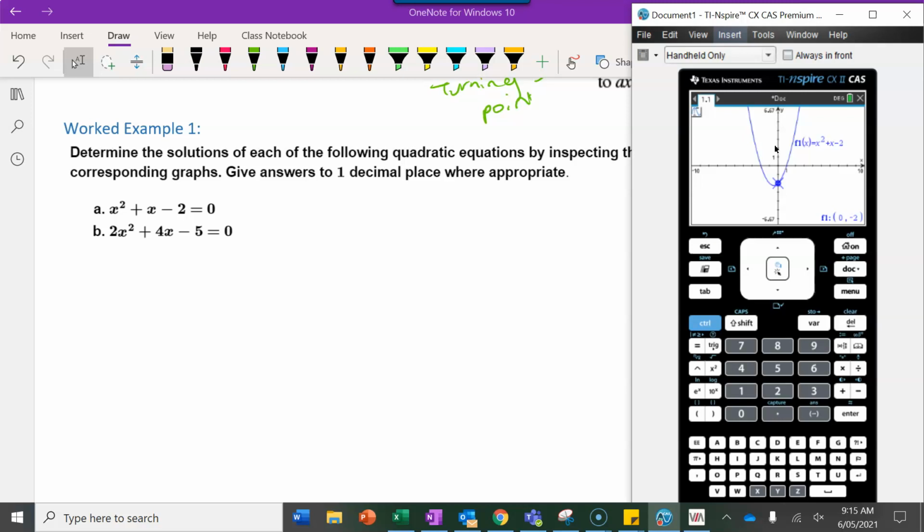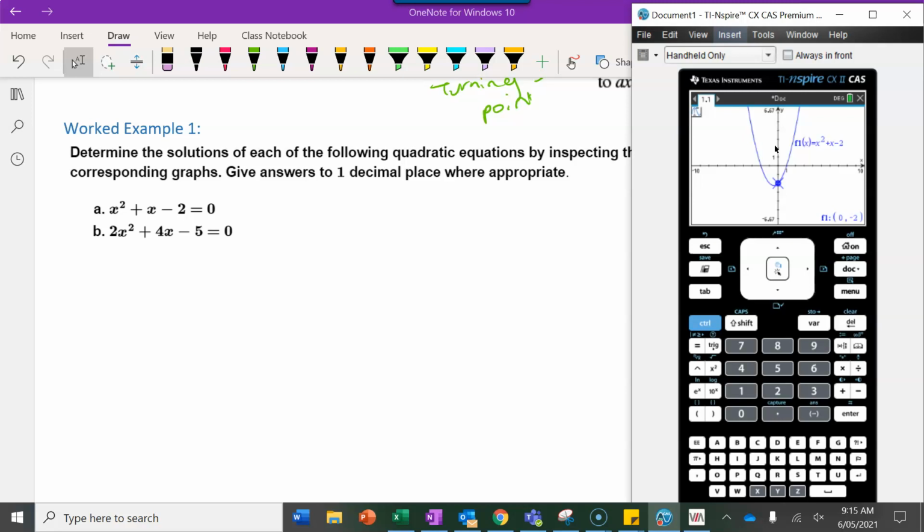Well, it is going through the y, but I can't be sure because the dot is quite big. How I am sure is because down here on the right, it gives me the coordinate. And so because x is 0 at that coordinate that it gives me, I know that I've definitely got the y-intercept. So if you need to find the y-intercept when you're drawing these, you can always get it on the